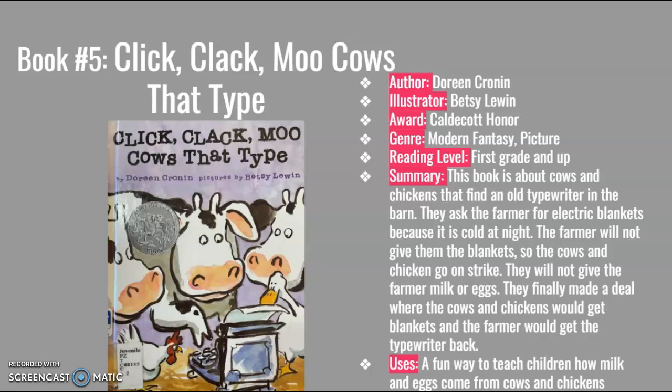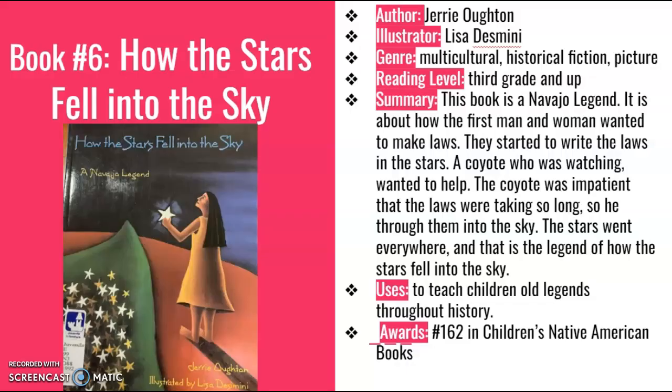So finally, the farmer agrees, and he takes away the typewriter, gets some milk and eggs, and the cows and chickens get their electric blankets. And the use of this would be a fun way to teach children how milk and eggs come from cows and chickens. And then for the sixth book, I have How the Stars Fell into the Sky, and this was